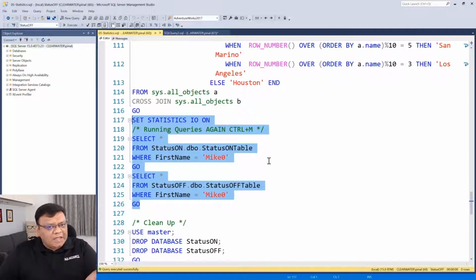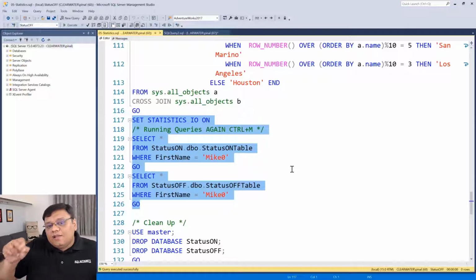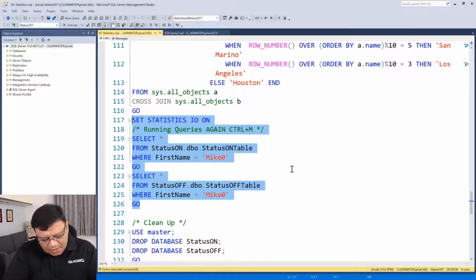A lot of people think that estimated execution plan would be something SQL Server just guesses, and then when you run actual execution plan, SQL Server uses a different plan based on statistics. Actually, that is not correct. I would be extremely worried and upset if SQL Server used a different plan than what the estimated execution plan says at that point of time.